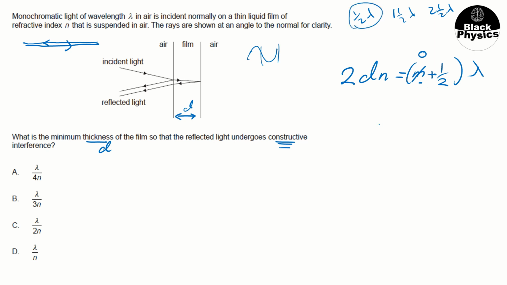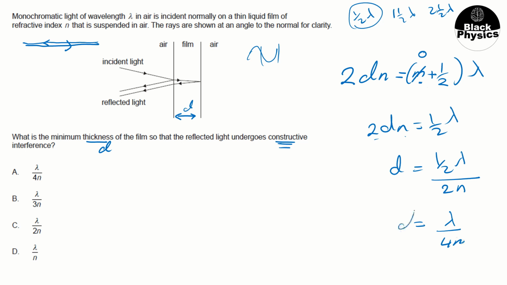So let's do the math here. 2dn equals half times lambda. To find the thickness d, it will be half lambda over 2, and the n will go to the other side, or we can divide both sides by 2n, and simplifying, it will be lambda over 4n. That gives you the d. So the correct answer here will be number